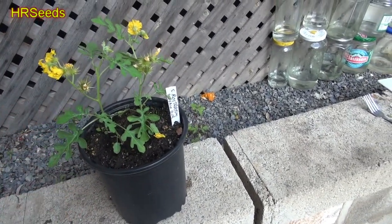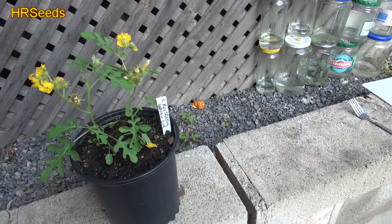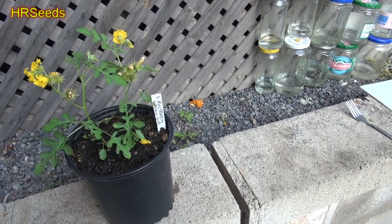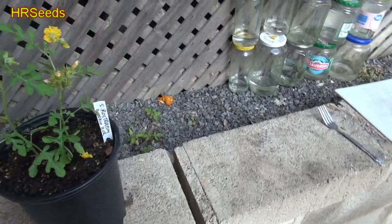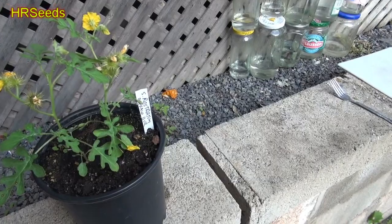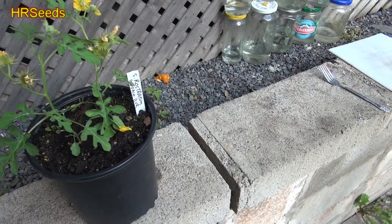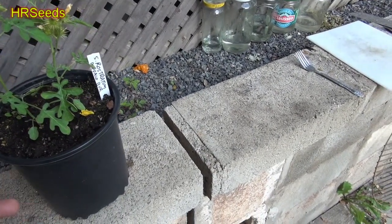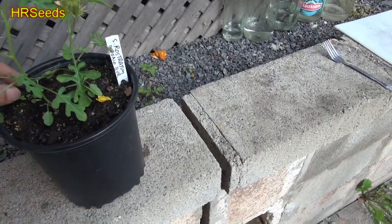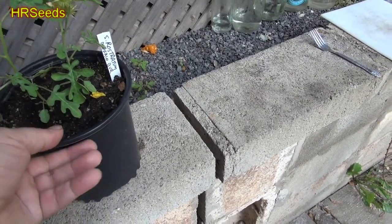Now, I don't know how big this plant gets. I just pretty much bought it for demonstration purposes, and that's why I'm growing it. But in general, I don't know anything about it. I know it can be an invasive species, and they do have some states that are having problems with this particular variety of plant. The cows eat it and stuff like that, but it's not growing around here, so I figured I'd buy the seeds, give it a grow, and just kind of review the plant out a little bit,